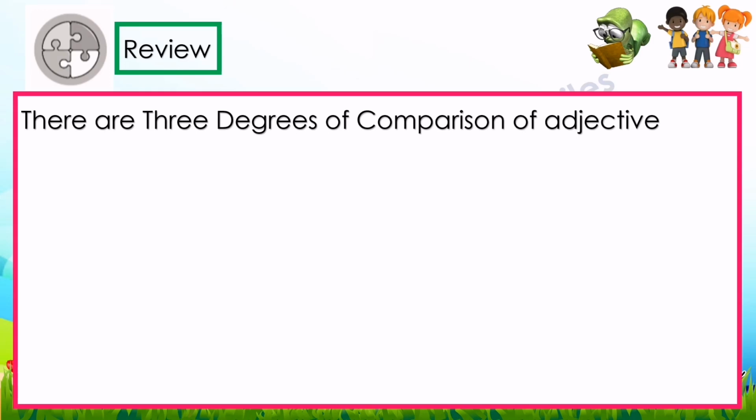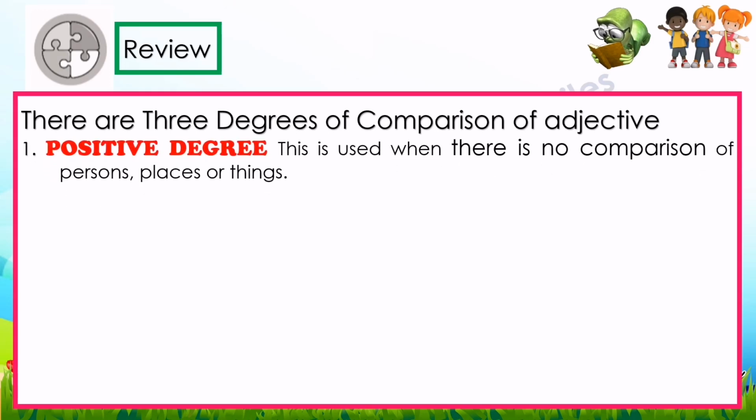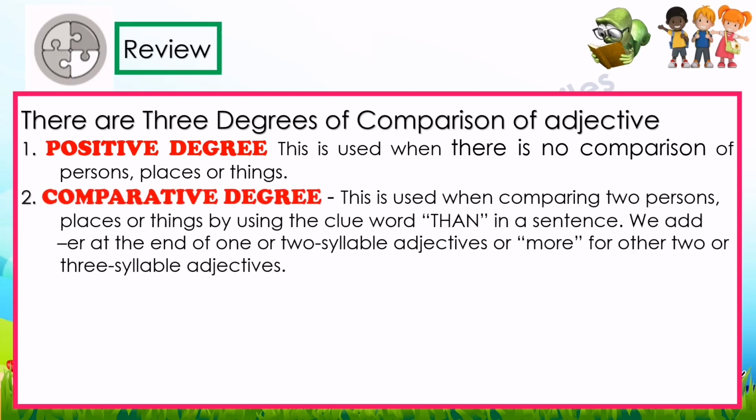Now, there are 3 degrees of comparison of adjectives. The first one is positive degree. This is used when there is no comparison of persons, places, or things. Number 2 is comparative degree. This is used when comparing 2 persons, 2 places, or 2 things by using the clue word than in a